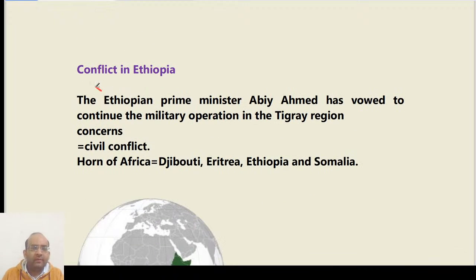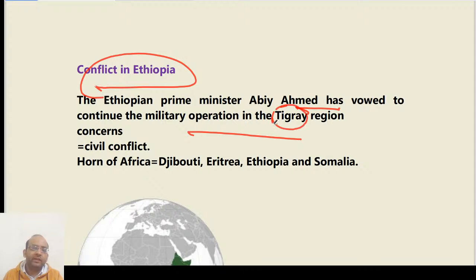Now coming to the conflict in Ethiopia. Ethiopian Prime Minister Abiy Ahmed has said that we would continue the military operation in the Tigray region. And it has put world leaders under stress that this military operation may result in civil war, where different communities would fight with each other to get